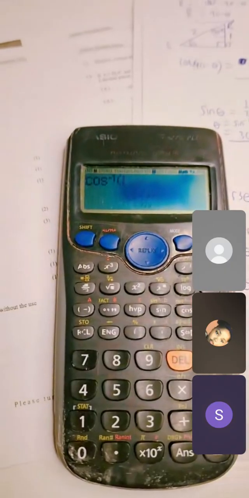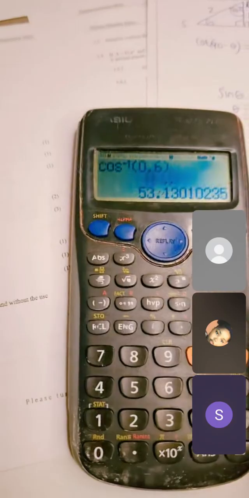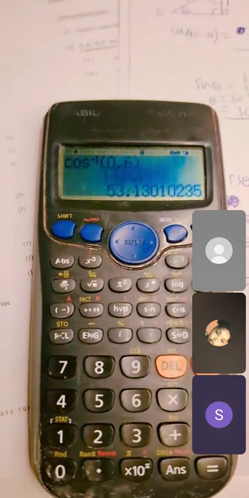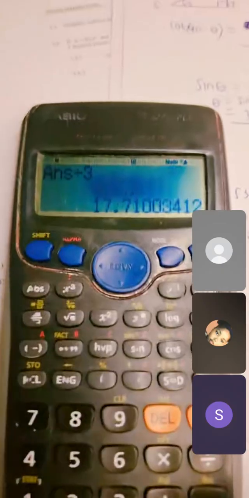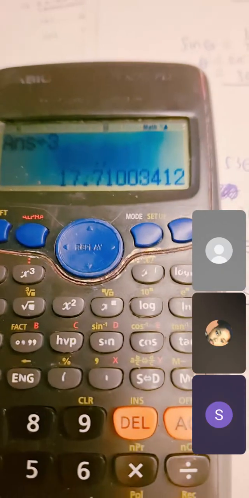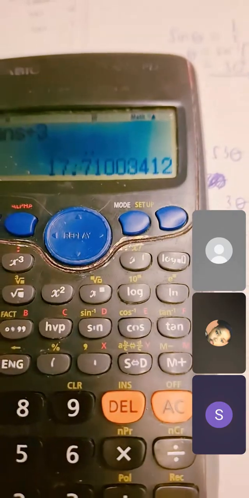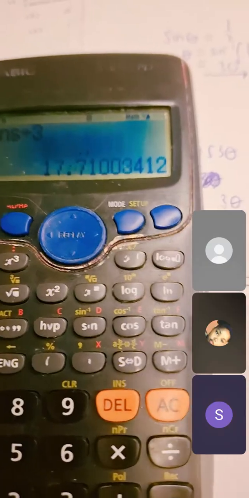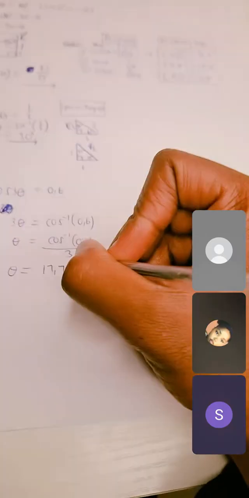You finally got it. So 0.6 in brackets, that's what you get initially. You divide all of that by 3, and you get 17.71. So 17.71 degrees. That's fine. So yeah, please guys,